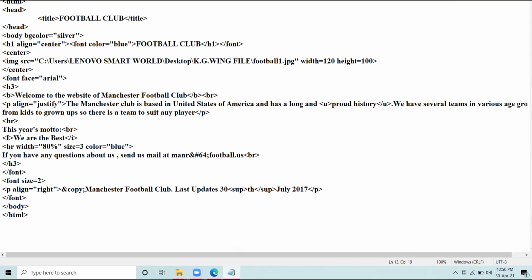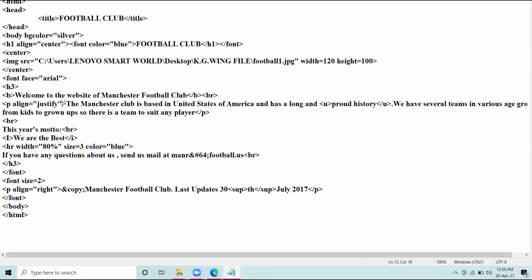It's equal distribution from the left as well as from the right. So I have taken the align attribute and I have given the value justify. The paragraph tag and heading elements tag have only one attribute, that is called align. And the value of the align attribute can be left, right, center, justify. Clear?